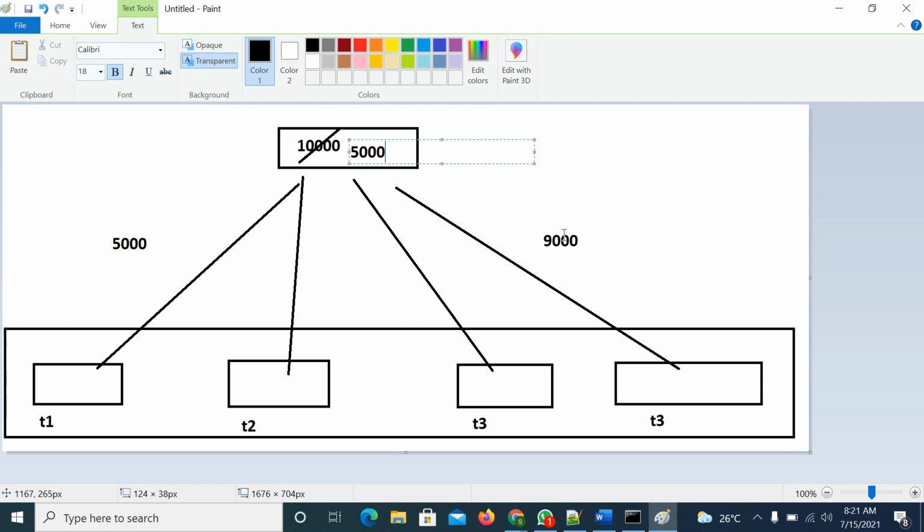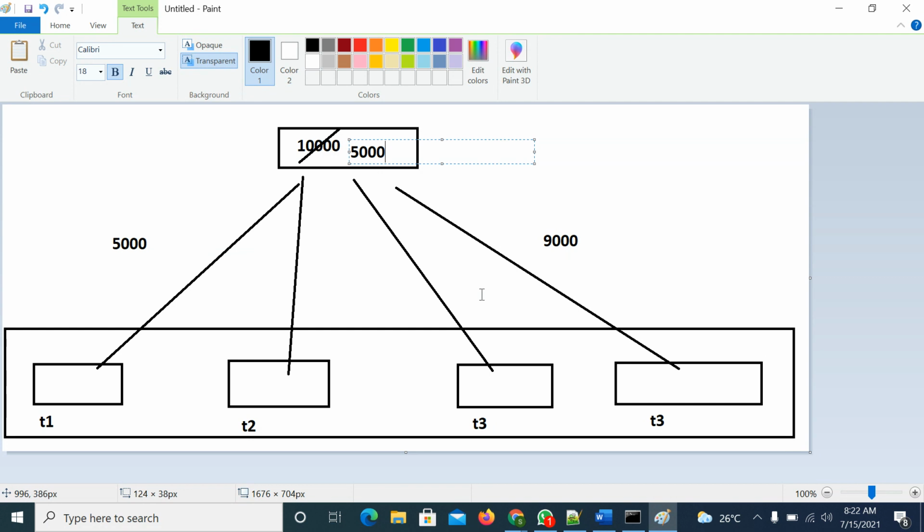He is trying to withdraw 9,000. So for both people, it is showing that 10,000 is available. He is trying to withdraw 5,000, the other 9,000. By this time he withdrew, but for the other it is still showing 10,000. So this is called a data inconsistency problem.